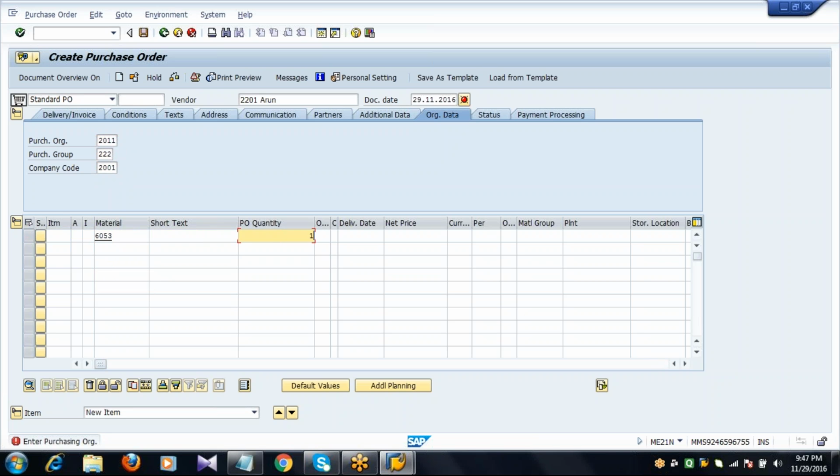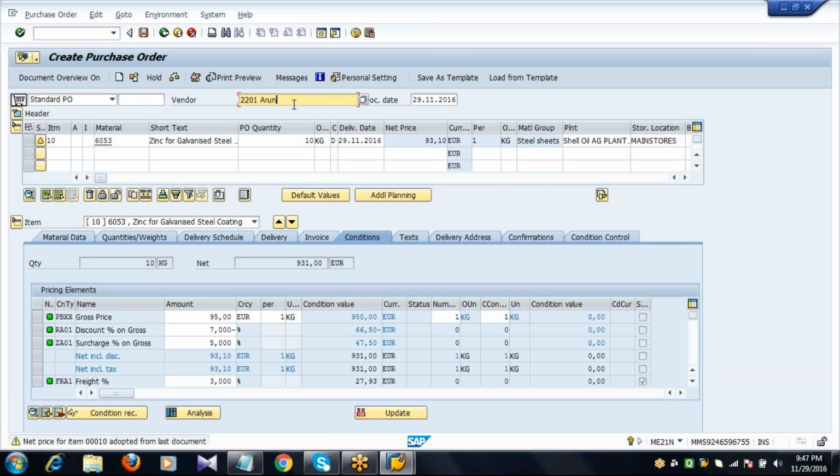Enter the material, quantity, net price, plant, storage location. Now see here, the system is accepting the vendor 2201.